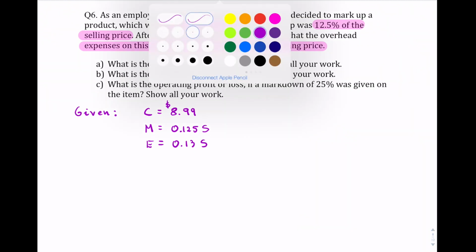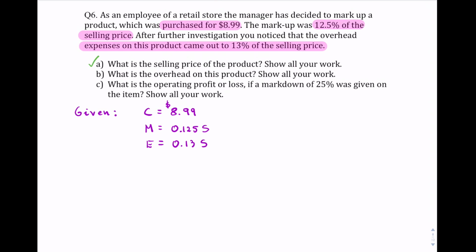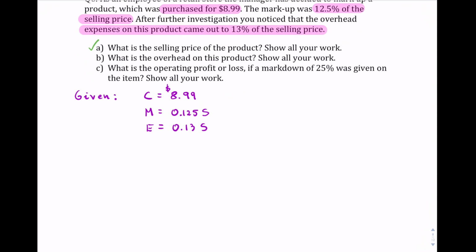Okay, so part A. What is the selling price of the product? So we have two equations for selling price. So selling price is equal to our cost plus our overhead expenses plus the profit. Now remember, this is equal to markup. So the same equation, which looks a little bit different, is this one. And now we have the cost, we know the markup in terms of the selling price, which is going to give us our equation. So we have S equals